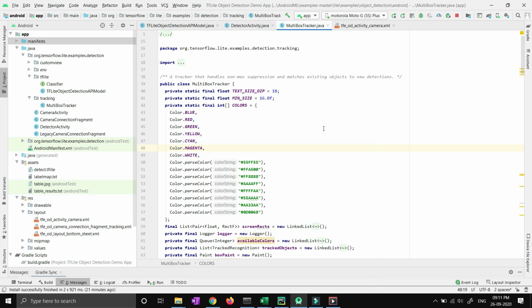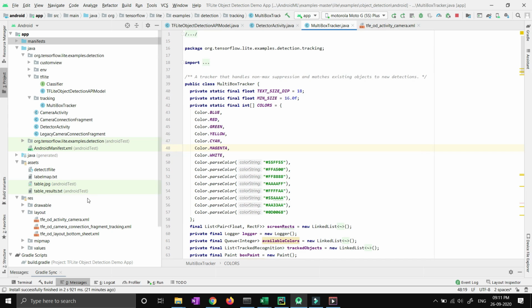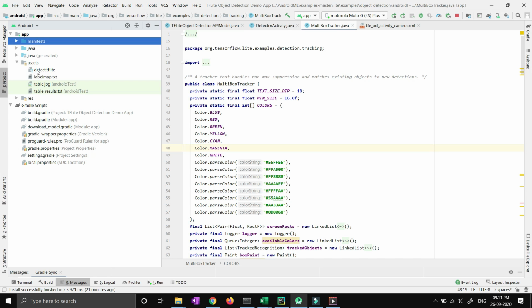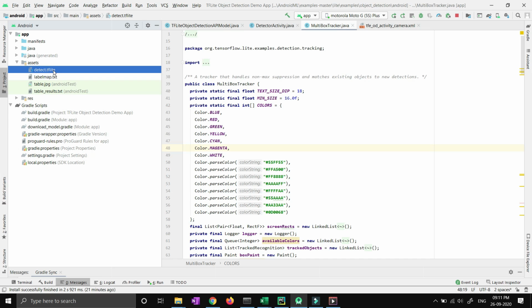And now let me give you a brief about this code, how we are able to achieve all this, right? Now you will be able to see your code like this. Just press this asset folder and you will see the detect.tflite model, right? This particular model is already trained by Google, or TensorFlow Lite, on the COCO data set, which has 80 categories, like I have already told you. So this model is the final output which the company has already given us. As a beginner, what you have to do is just download it and run it.